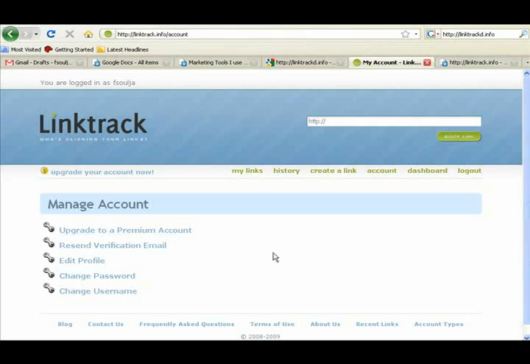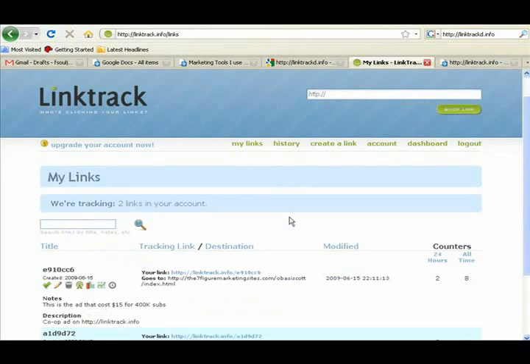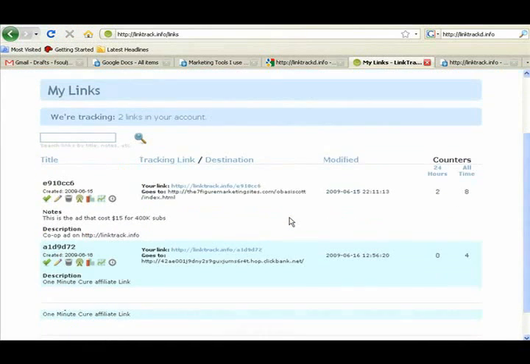Alright, now that we're in my account, I'm going to go to the top of here where it says My Links. The first tab right here says My Links. That's what you want to do. Go into My Links. Okay, the first thing I want to point out to you guys is I already have